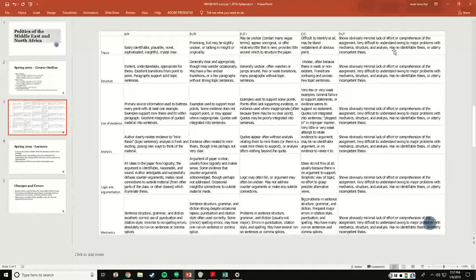Conversely, when we head over to this right-hand column here about the D, E, F work, it's mainly lack of effort, honestly. Like more than anything, it's lack of effort. If you get an F or a D+, you've not sufficiently communicated effort. And a large part of doing well in this course is just putting in the time. If you wait till the last minute on the paper or the test, you're going to fail all of it. It's not something that can be run off the side, right?